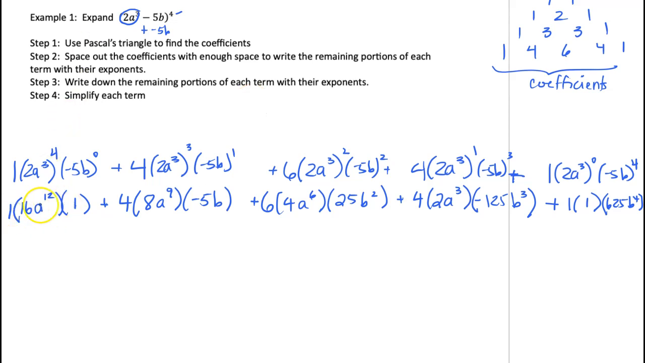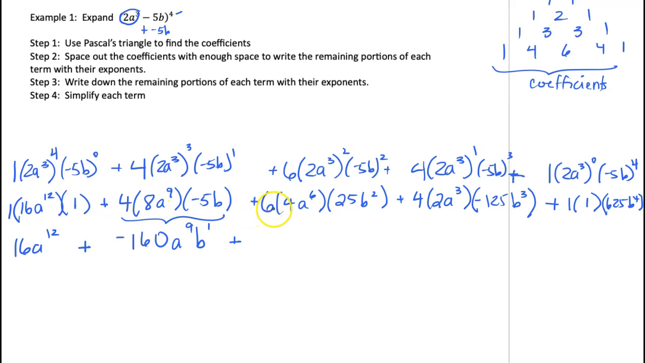Now we can combine together, multiply together all the terms. So 16a to the 12th plus, and then here we're going to put together, maybe I'll put together 4 times negative 5 is negative 20, times 8 is negative 160, and then the variables, a to the 9th, b to the 1st. And now next,